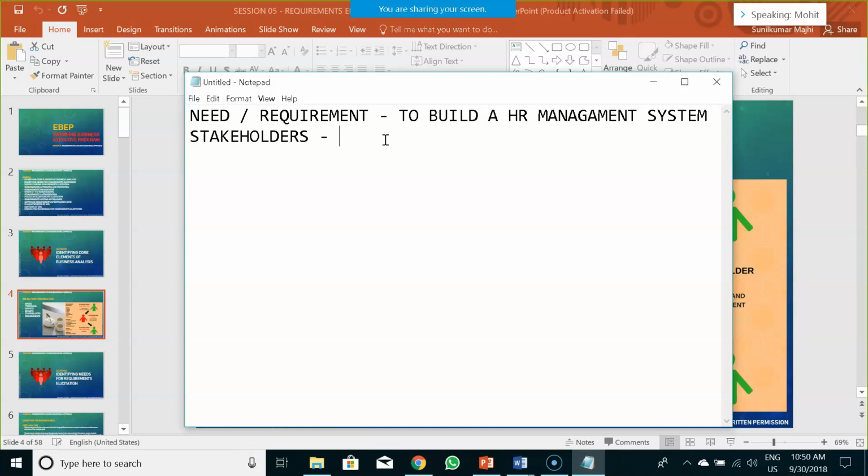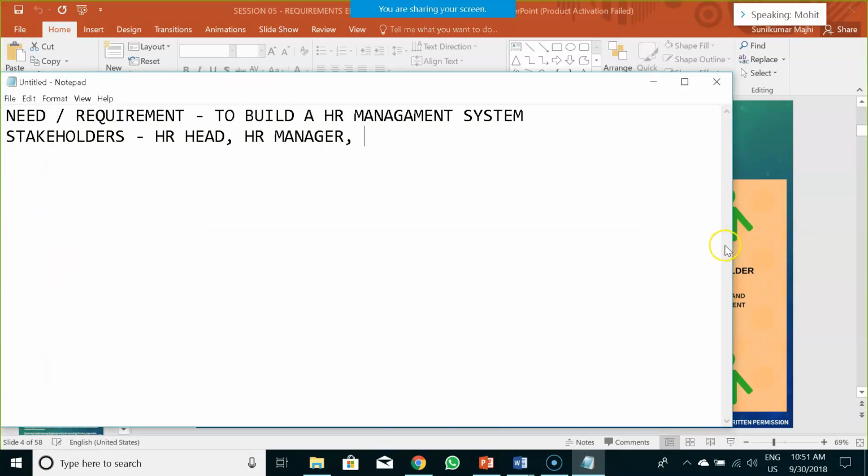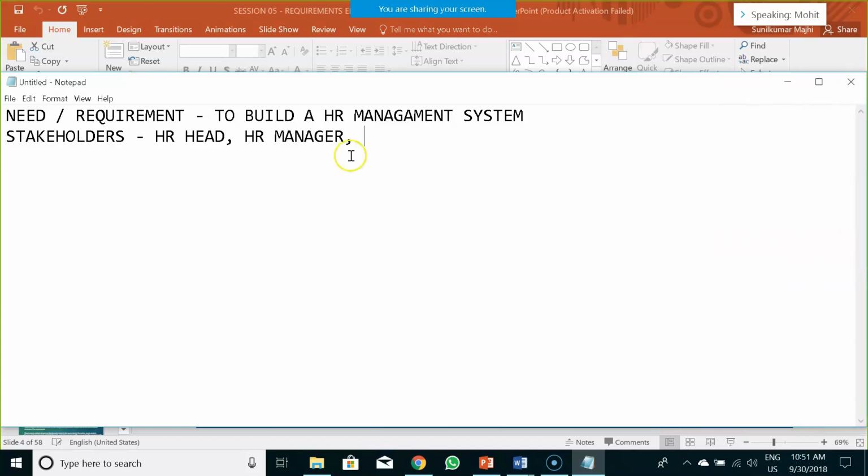First of all, the team leader or the head of the HR department. Okay, or I can say it as HR head. Then someone from the management. I'm not sure which position it will be, but someone from the management so that he can tell the criteria, like what is required. These are the only two I'm able to figure out right now.